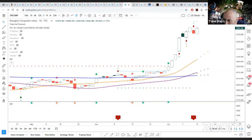Tone, are you using log scale on your Bitcoin trend lines? Yes, I try to use log scale as much as I can because charts don't fit. Now, the log chart trend lines are different than the non-log trend lines. And in reality, you should pay attention to them both if you have the time. Yes, I'm sure Bitcoin has broken the trend line in